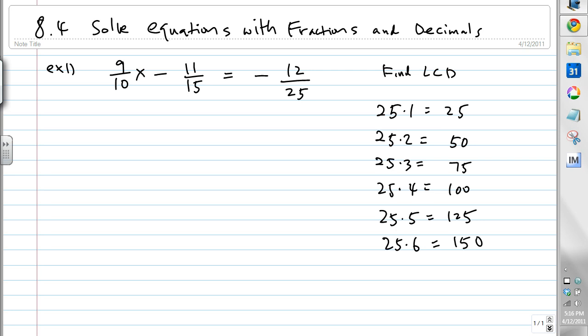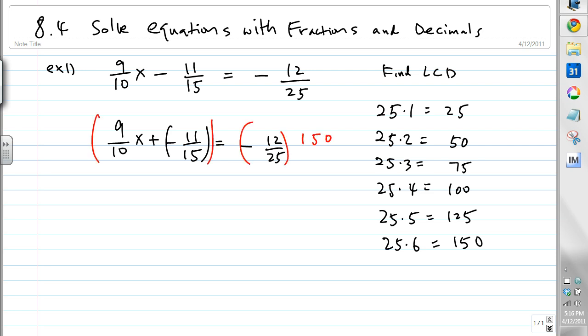So what we're going to do now is write this down. Why do we find this LCD? What's it going to help us with? Because the LCD is the number that all three denominators will go into. If you multiply both sides by the LCD, let's first change everything to addition, because that's what I like to do. So this is 9 over 10x plus negative 11 over 15. Let's multiply both sides by